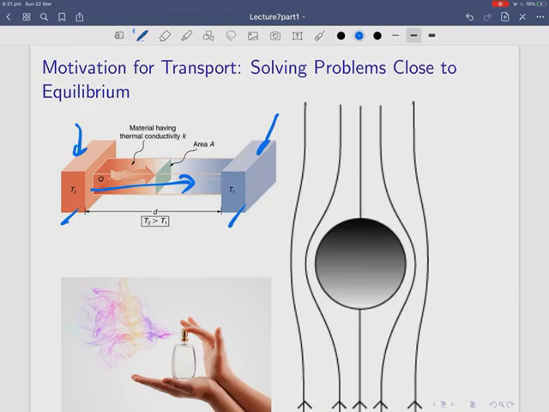Similarly, if you have a golf ball or some other sphere moving in a liquid, what resistance does it feel? How fast does it go, under gravity, for example? Or you can look at the case of perfume, the smell of a perfume coming out of a bottle. How long does it take to disperse in the environment? These are the kind of questions we'd like to answer.